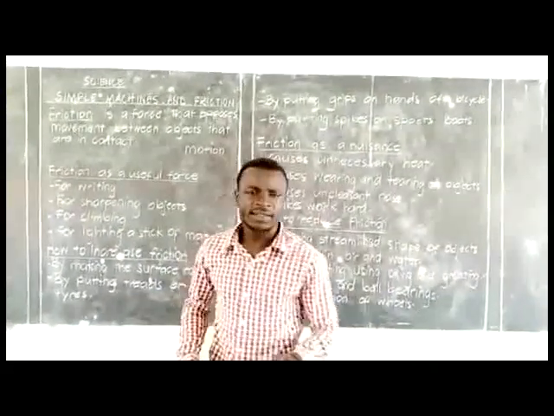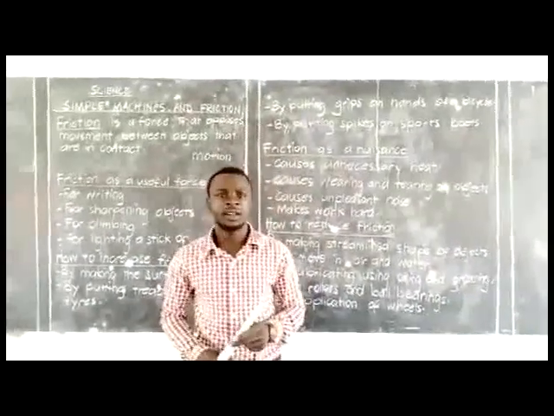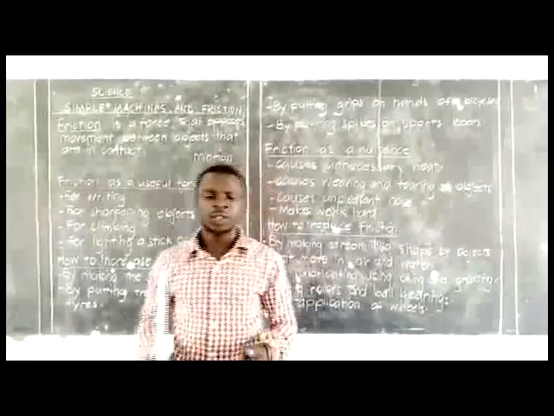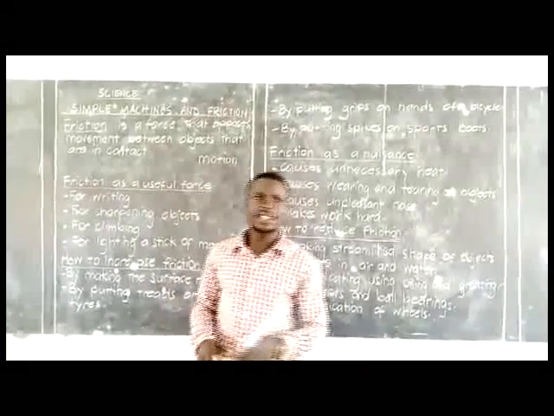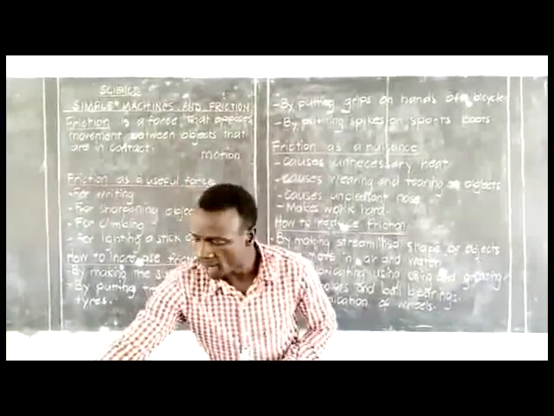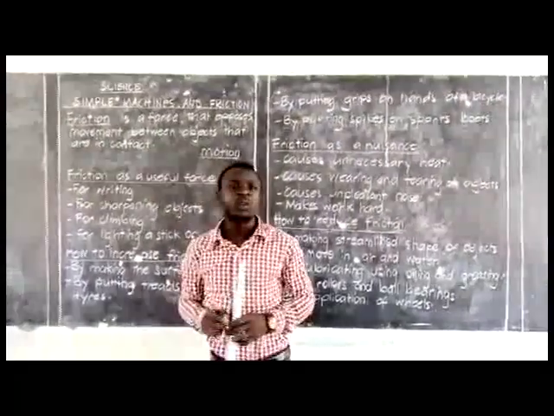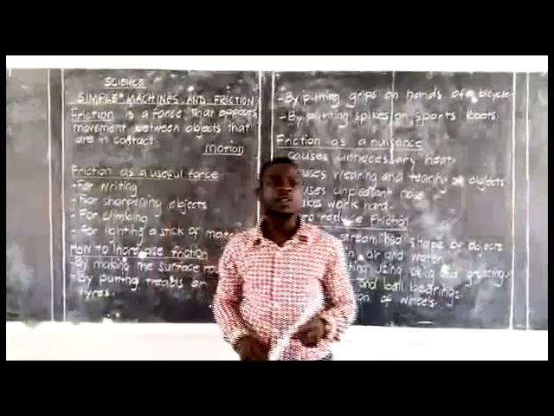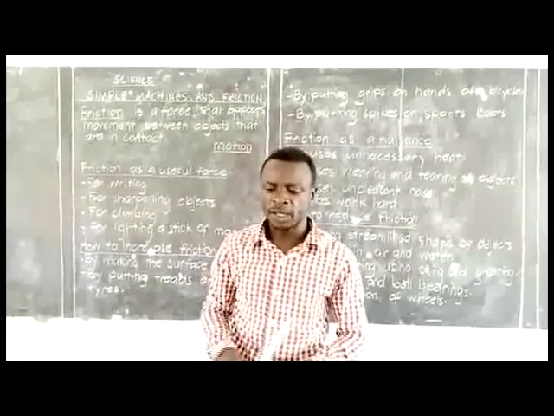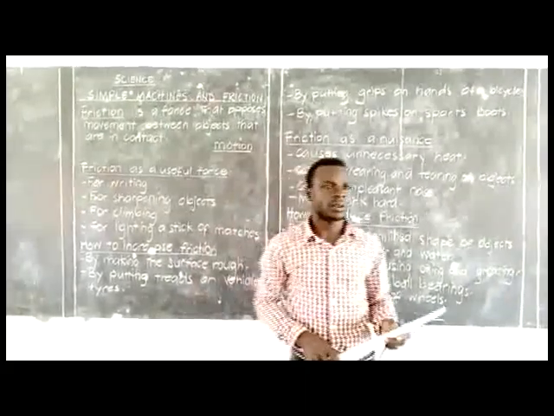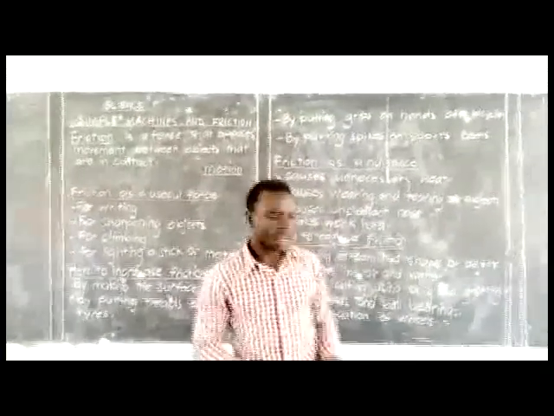So friction is defined as a force that opposes movement between two different objects. Or friction is a force that opposes movement or motion between objects that are in contact. This word movement can be known as motion. So in this activity that I want to carry out, you realize that